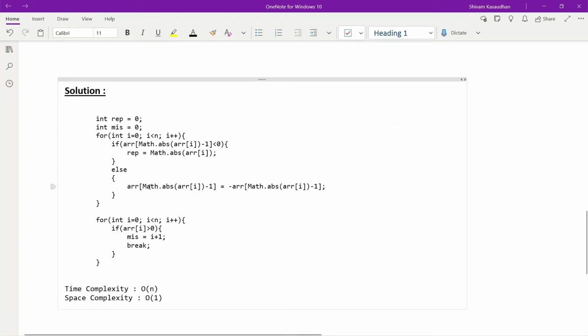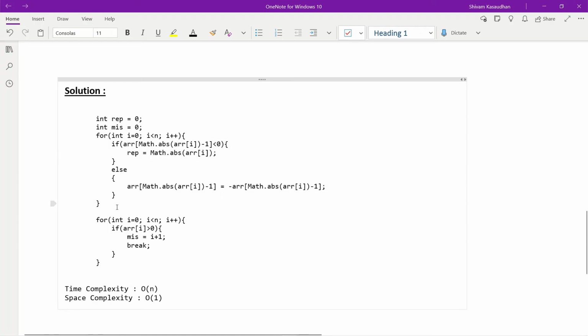So what we are doing, array of absolute of array of I minus 1, I have made it negative, so that every element whenever we traverse, we will make it negative. So in this for loop, simply we are going to get the repeated number.